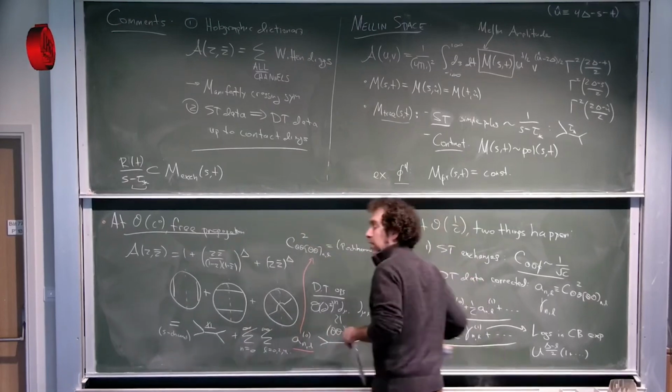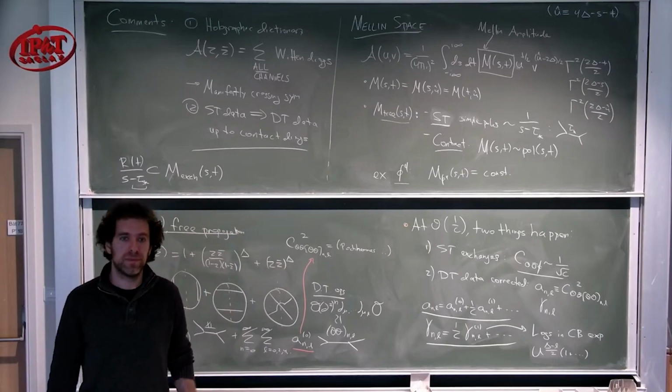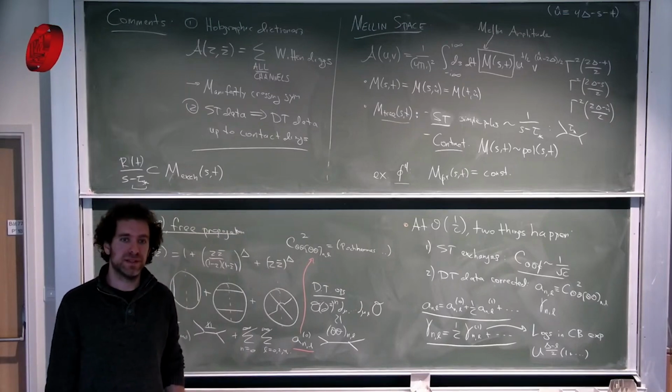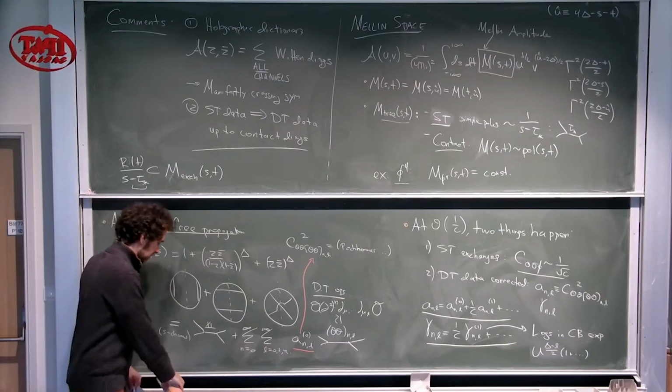Is there a good way of going back to the AdS limit? Sorry, is there a good way of going back to AdS? Yes, there would be no algorithm, I think. Good question. So,